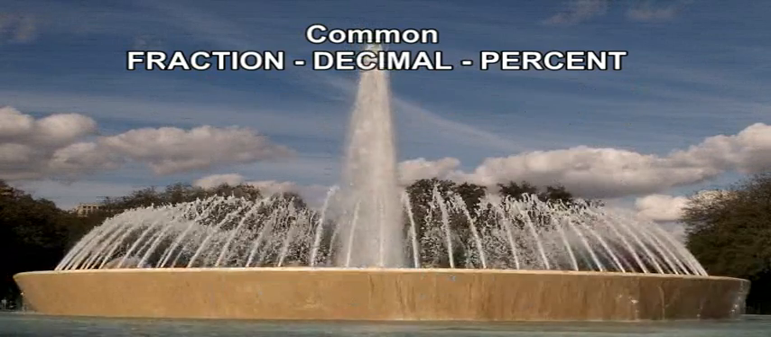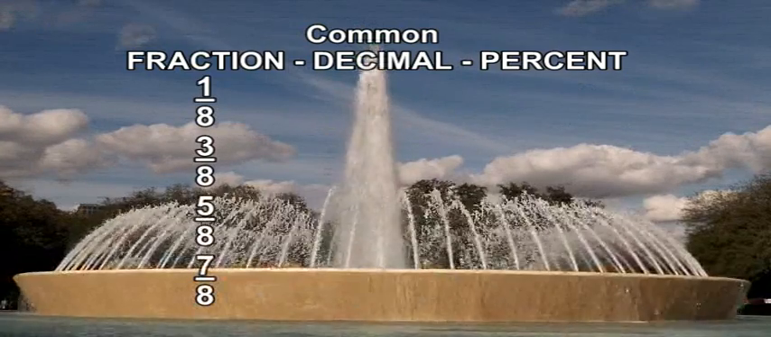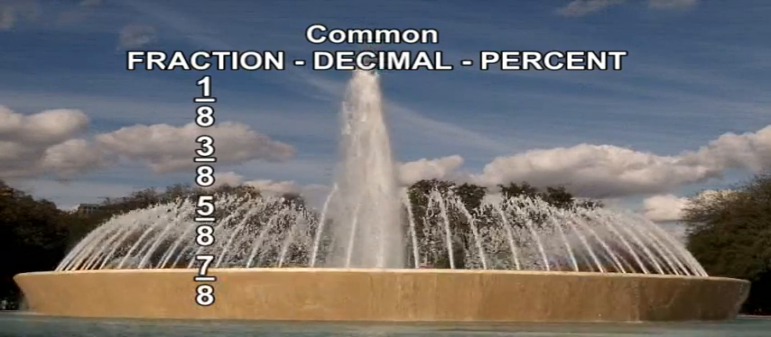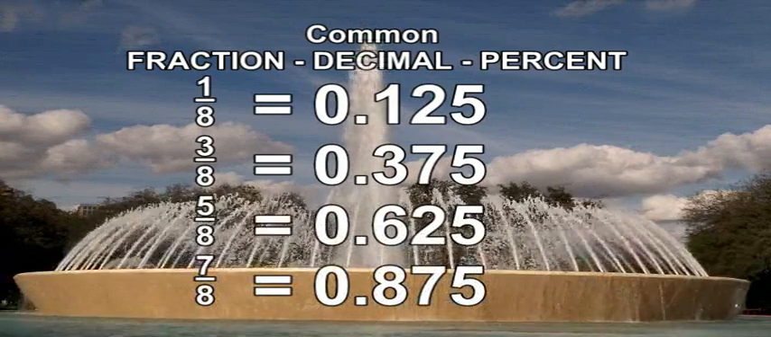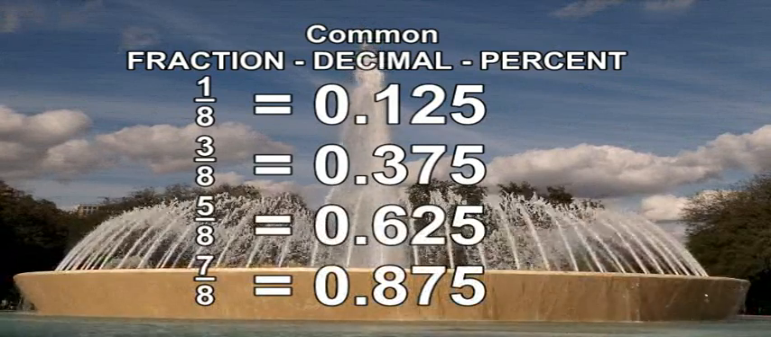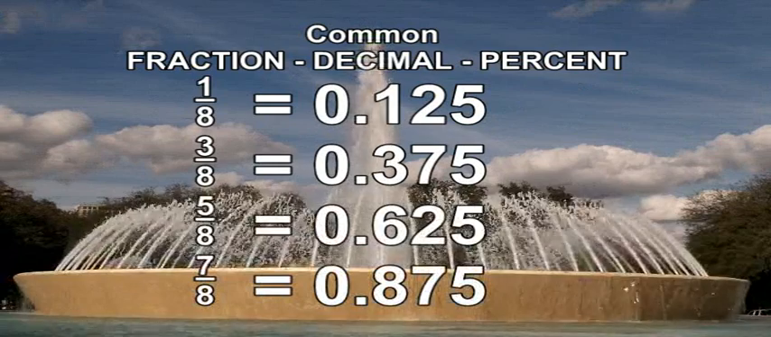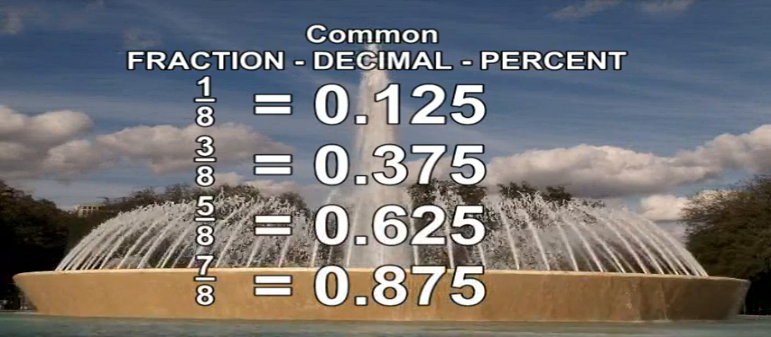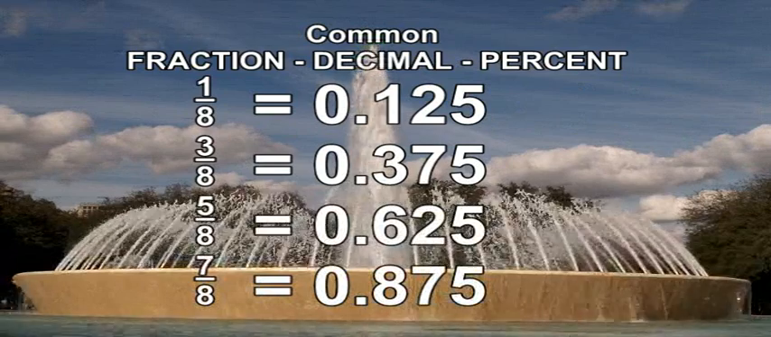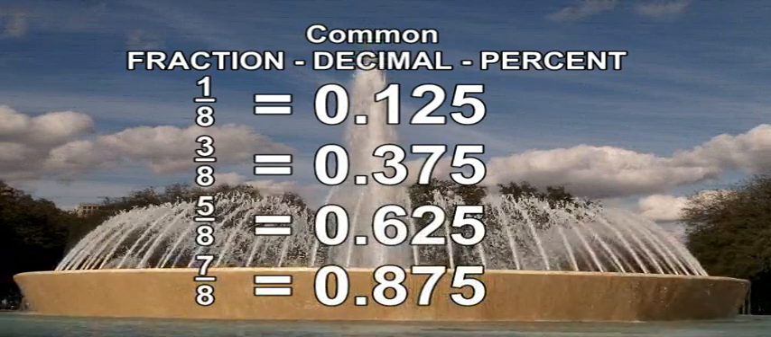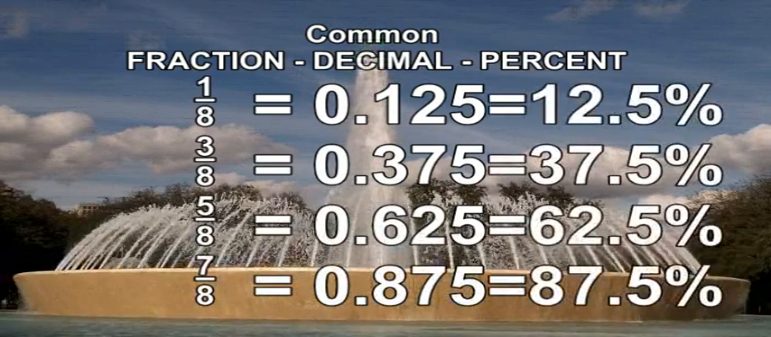And now, introducing those pesky 8s. 1/8, 3/8, 5/8, and 7/8. Your 8s as decimals are 1/8 is 125 thousandths, 3/8 is 375 thousandths, 5/8 is 625 thousandths, and 7/8 is 875 thousandths. And as percents, 1/8 would be